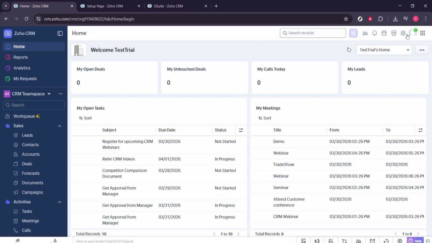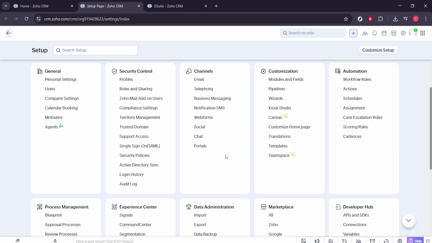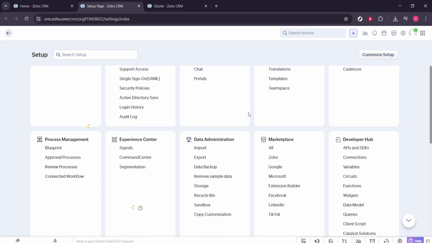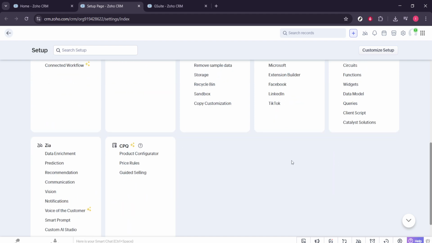Next, look to the top right corner of Zoho CRM and click the gear icon to open Setup. This is the control center where all integrations, user management, and customization live. We're heading here because Google integrations are configured at the account level, and changes made in Setup apply consistently across